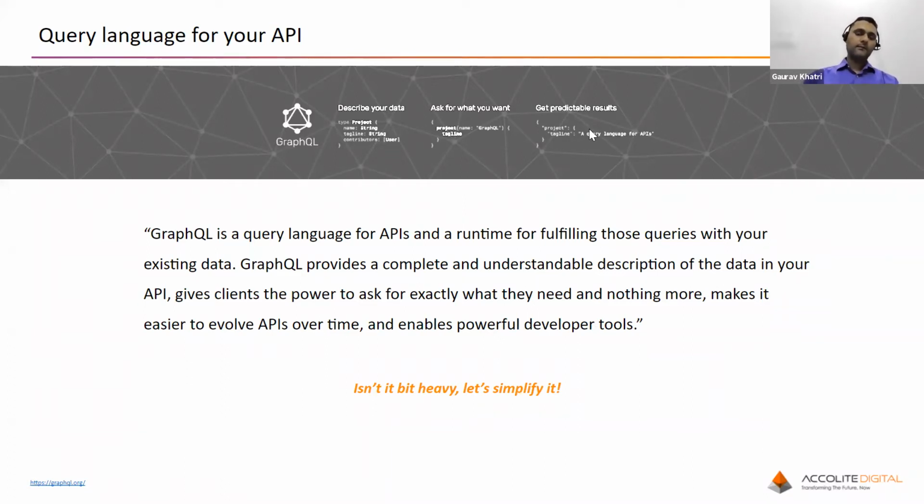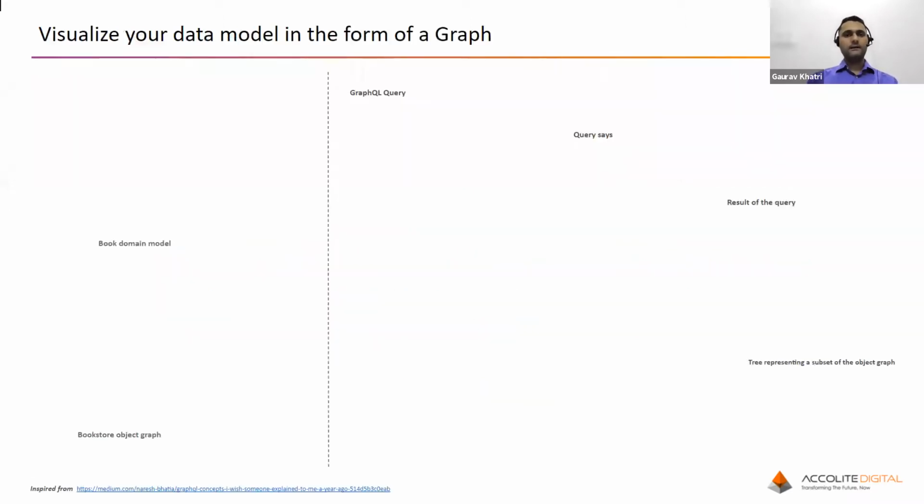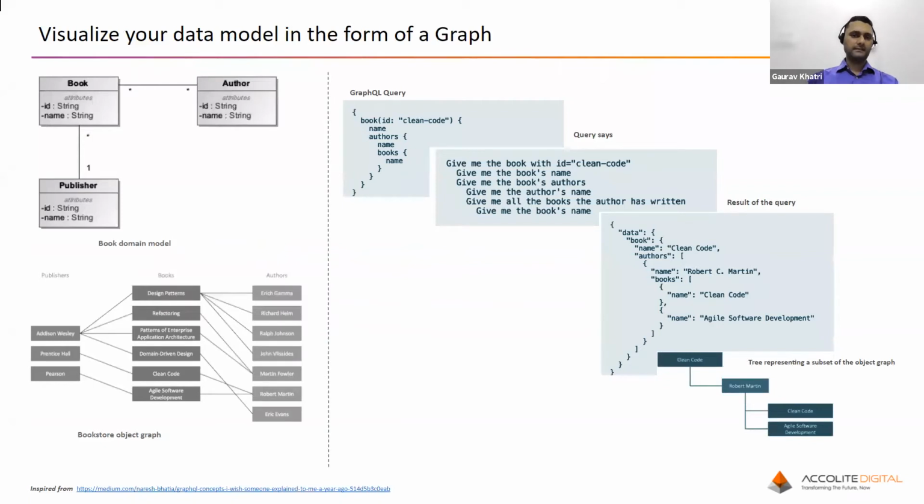So till now, we have discussed what GraphQL is, and when we first see GraphQL, the first question that comes up is what is the relation between the data and the graph. So in the next section, I will try to explain using a simple example. For this, I have taken the example of a book and its author and publisher.